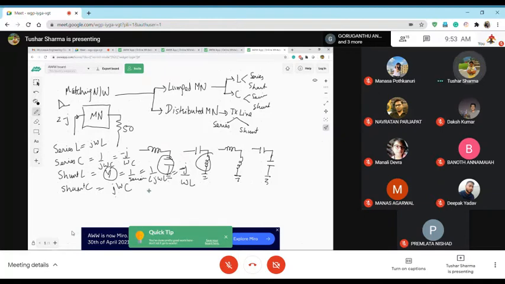Now remember, in the Smith chart, R and X were positive in this part of the Smith chart, and R and X were negative in this part of the Smith chart. Okay, for the Y Smith chart, the reactance part or the imaginary part is negative in the upper part of the Smith chart, and it's positive in the bottom part of the Smith chart. Okay? So the series L,